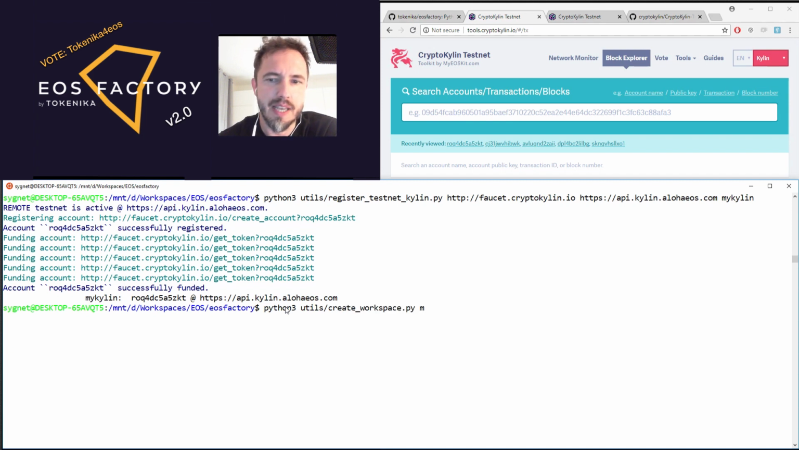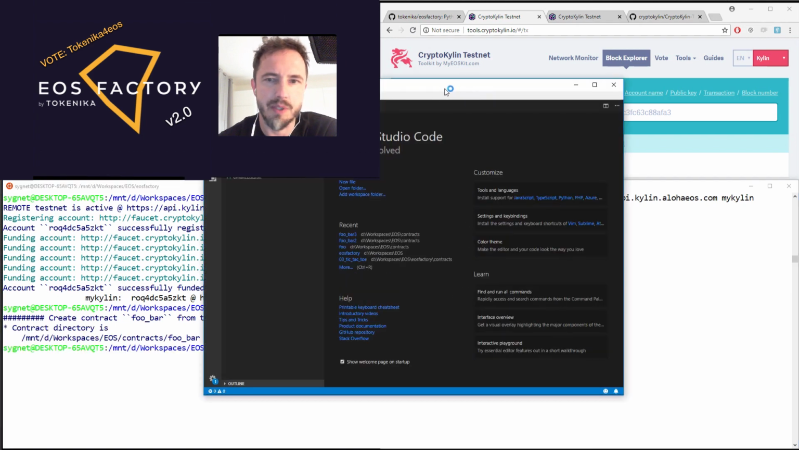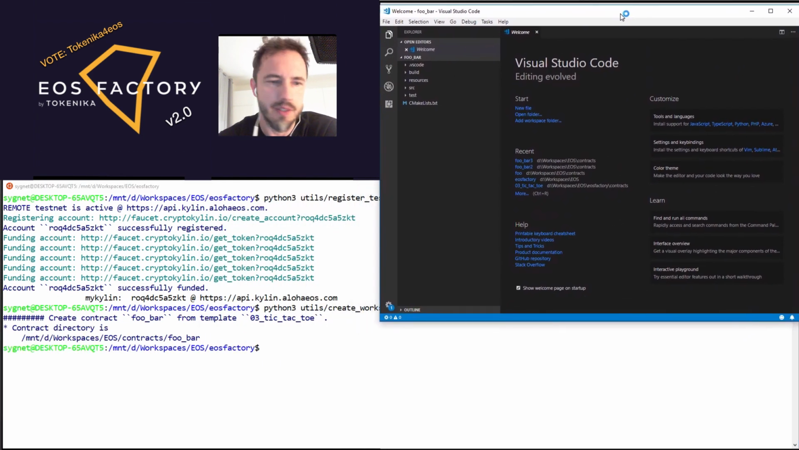And we'll use a template from which it will be cloned. In this case, it's going to be 03 tic-tac-toe. And also the last parameter is a flag that launches Visual Studio Code. So this is how we're going to interface with the contract through Visual Studio Code. It's not the only way, but we use that one. So as expected, it's launched,